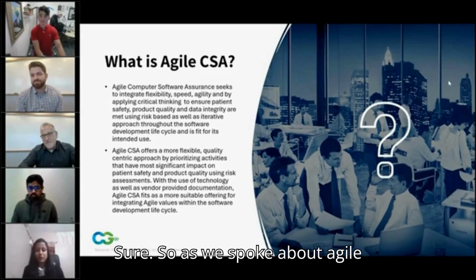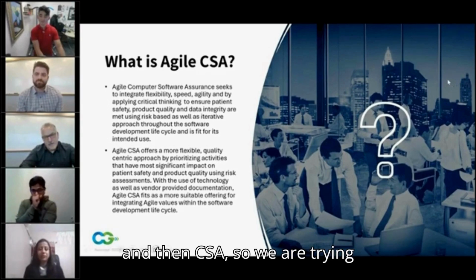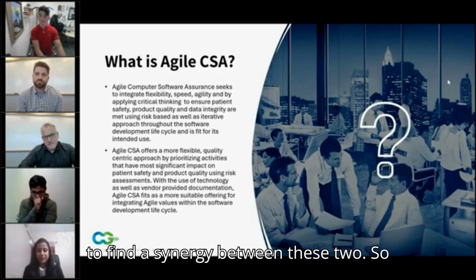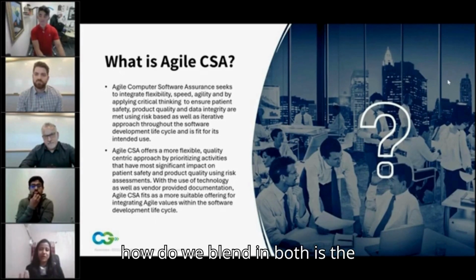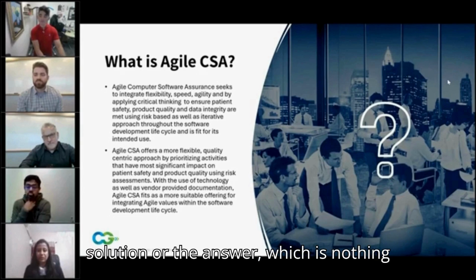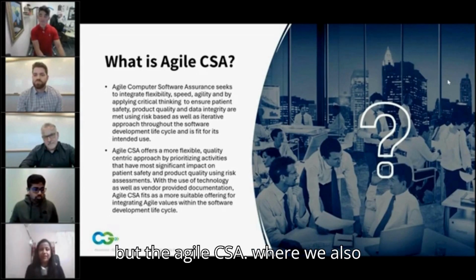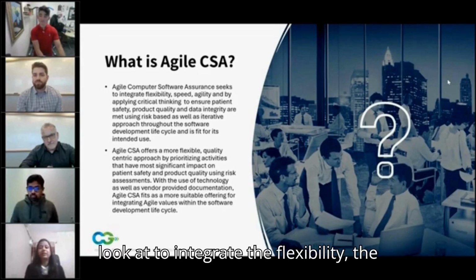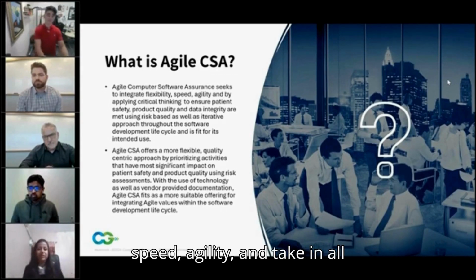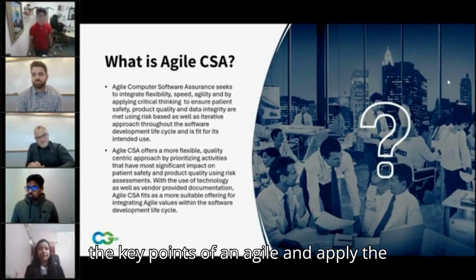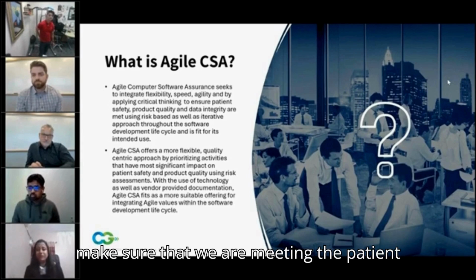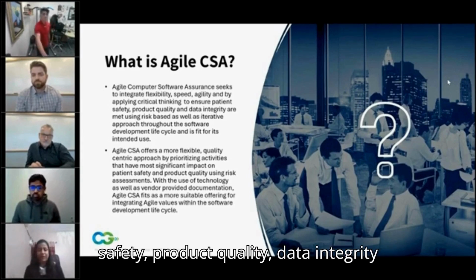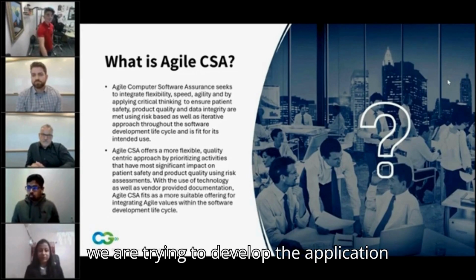Sure. So as we spoke about Agile and then CSA, we are trying to find a synergy between these two. We have an Agile framework, and then we have our CSA or the CSX. So how do we blend in both is the solution or the answer, which is nothing but the Agile CSA, where we also look to integrate the flexibility, the speed, agility, and take in all the key points of an Agile and apply the critical thinking that is required for computer software assurance, and make sure that we are meeting the patient safety, product quality, data integrity across pharma, medtech, or biotech that we are trying to develop the application for,